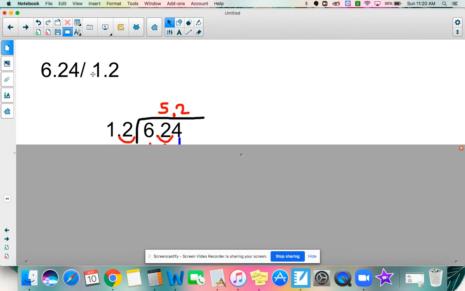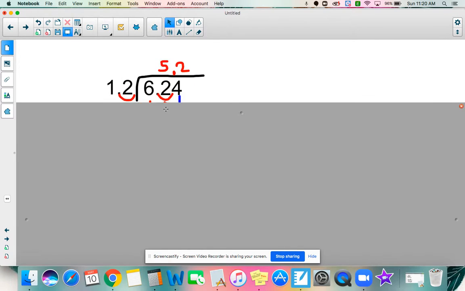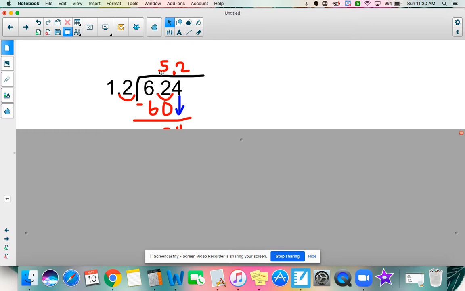Lastly, we did division, and we set it up a lot with long division. And so your 1.2 is what you're trying to divide into the 6.24. And so I multiplied both values by 10, moving their decimals 1 to the right, and I brought it up top. So I looked at 12 into 62, and 12 goes into 62 5 times, and 12 times 5 was